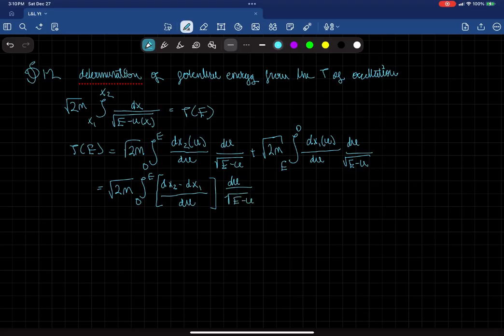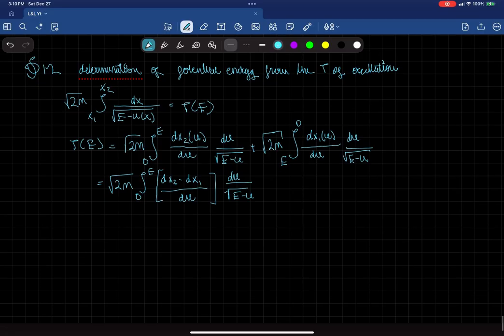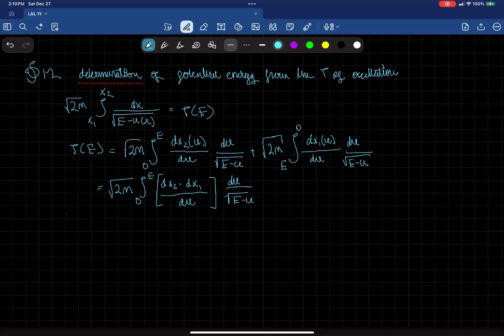If both sides of this equation are divided by the square root of alpha minus E, where alpha is a parameter, and integrated with respect to E from 0 to alpha, then we get a result of the integral from 0 to alpha of the period as a function of energy, dE, divided by the square root of alpha minus E